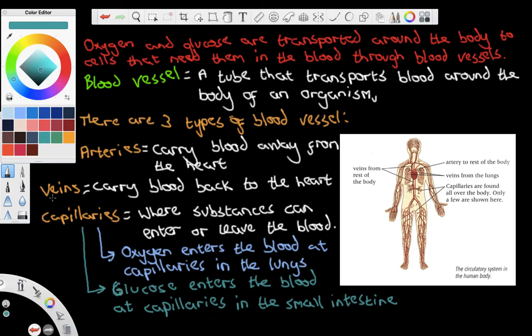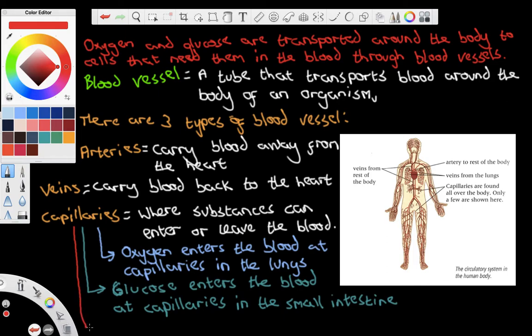Okay, so we've said that oxygen and glucose are transported around the body to the cells that need them in the blood through blood vessels. Blood vessels are tubes that transport blood around the body of an organism. There's three types of blood vessel. We've got arteries, which carry blood away from the heart. There's veins, which carry blood back to the heart. And there's capillaries, where substances can enter or leave the blood. We've said that oxygen enters the blood at the capillaries in the lungs, glucose enters the blood at capillaries in the small intestine, and we can say, because it's an important point,